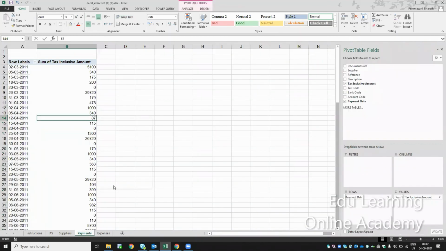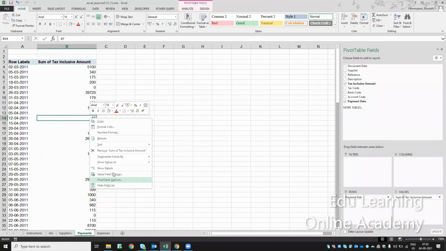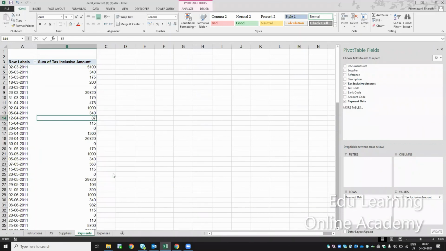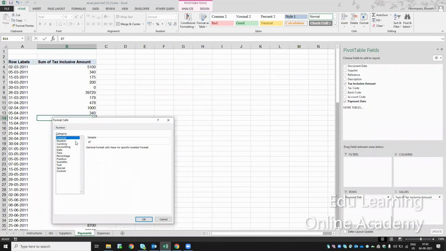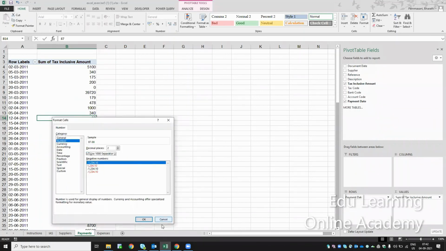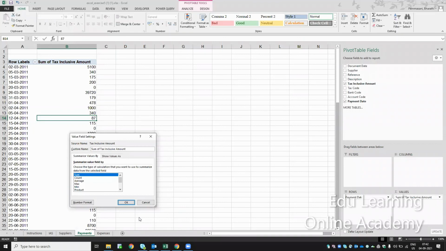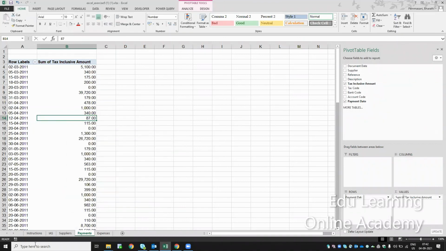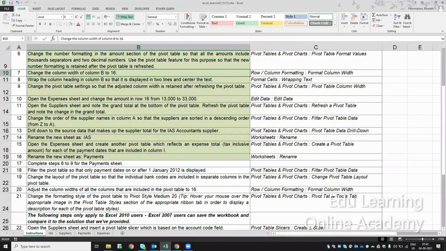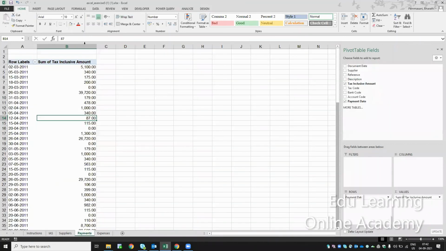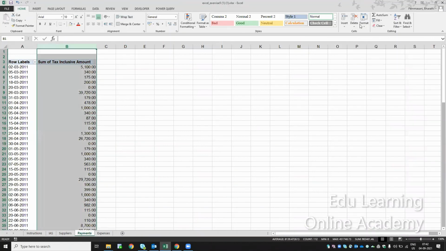Right click, pivot table options. Sorry, value field settings. So here you'll have the number formatting. In the number formatting, you have to select use 1000 separator comma. Okay. Next, 1000 comma is done. Next, change the column width B to 16. So I have to change the column width B to 16. So let me select this one, format